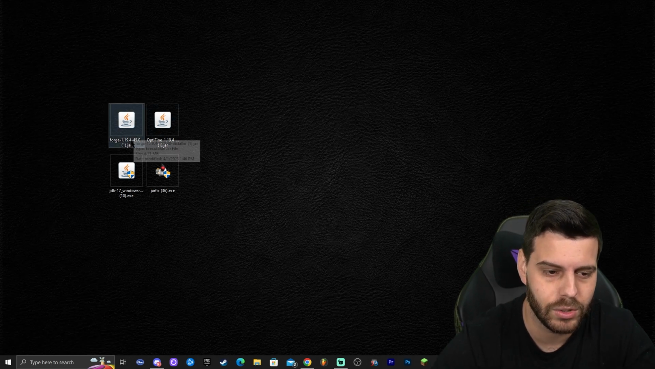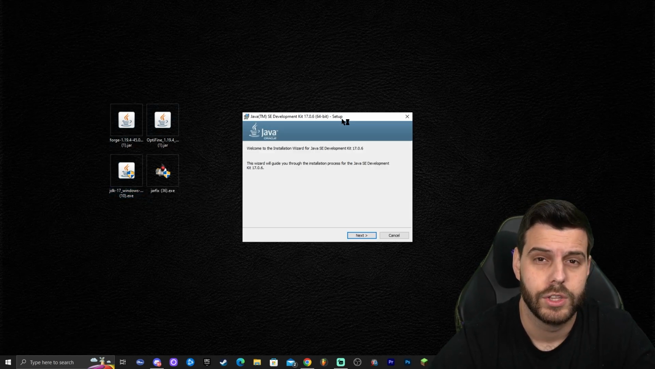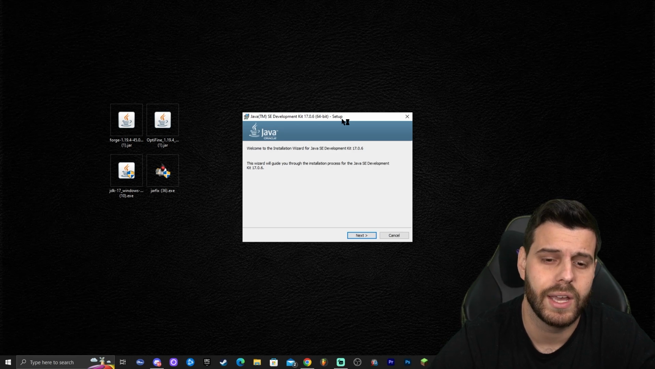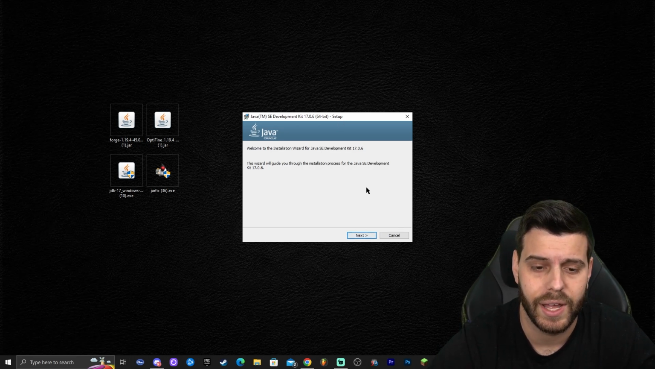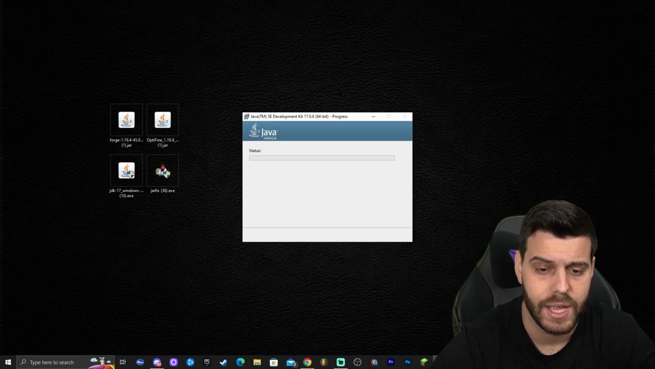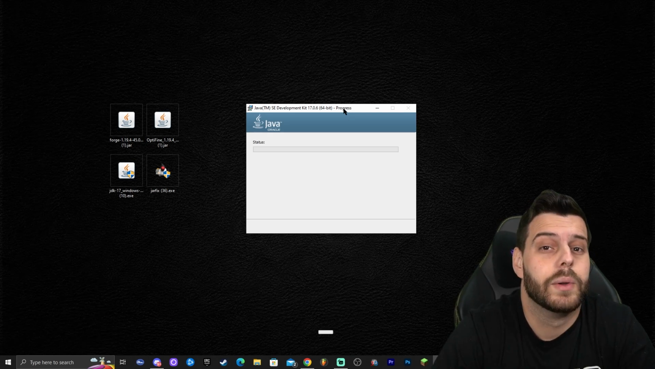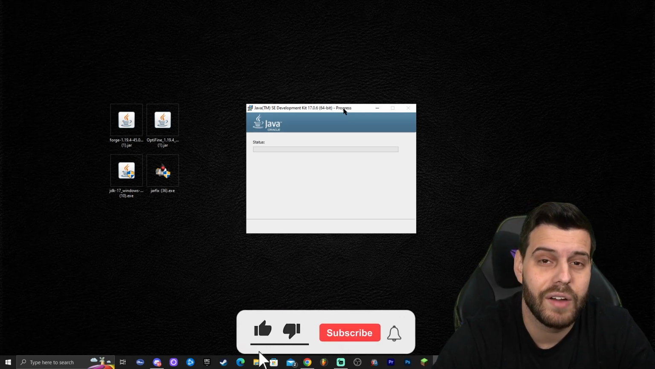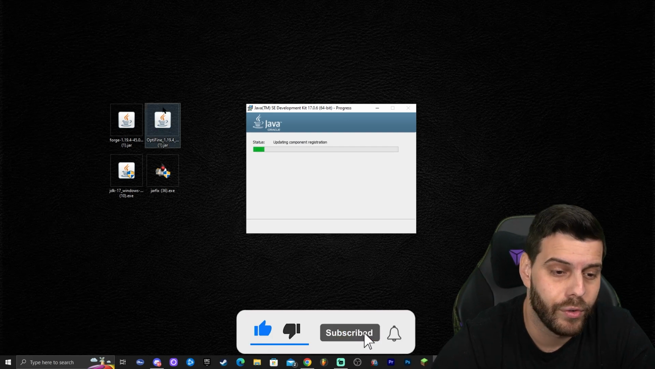So the first thing you want to do is install Java 17. Just double click on it. Double clicking on Java 17 might prompt you with the administrator sign. Go ahead and allow it to run, and then you're going to click next, and let Java 17 install. Remember, this is a required step if you have an outdated version of Java, if your Forge files are not